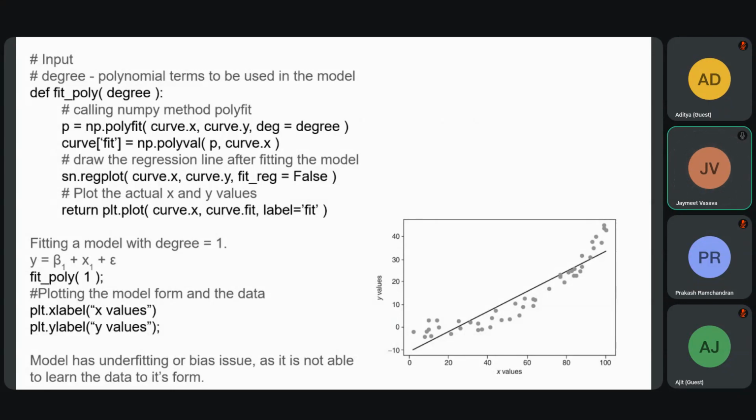This is the same equation that we have been working with. Remember, we are using the degree of 1 to start with. And when we plot the values using the degree of 1,